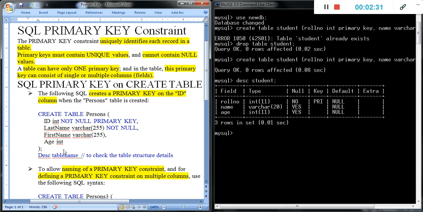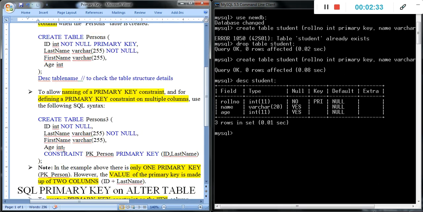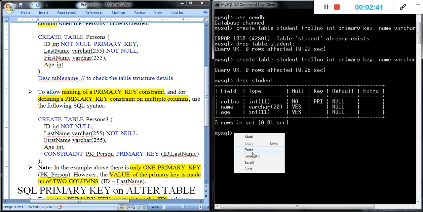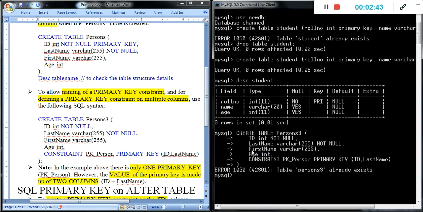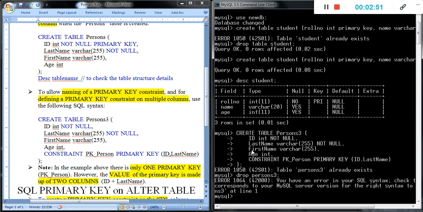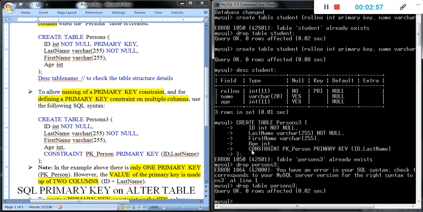Now we'll create the primary key with a combination of two columns. We copy this, okay, and drop the persons3 table first.